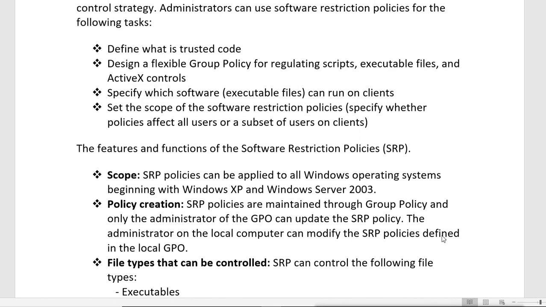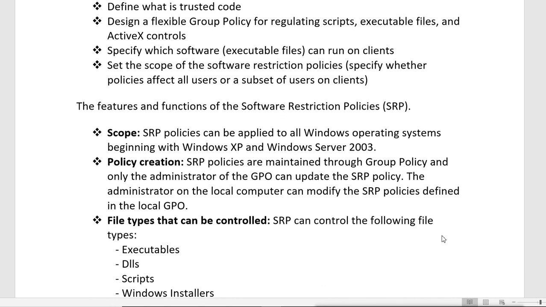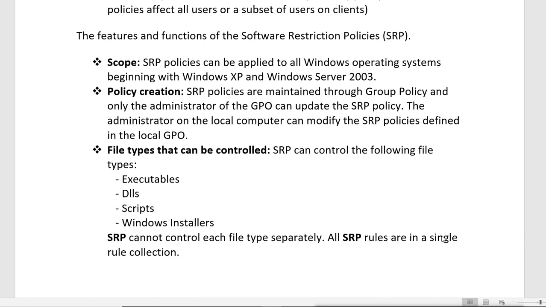Then the features and functions of the software restriction policies. So first, scope. Scope means SRP policies can be applied to all Windows operating systems, beginning with Windows XP and Windows Server 2003. So this is the scope. That means we can apply these policies in all the old versions of Windows, from Windows XP to 2000 Server, 2003 till now.